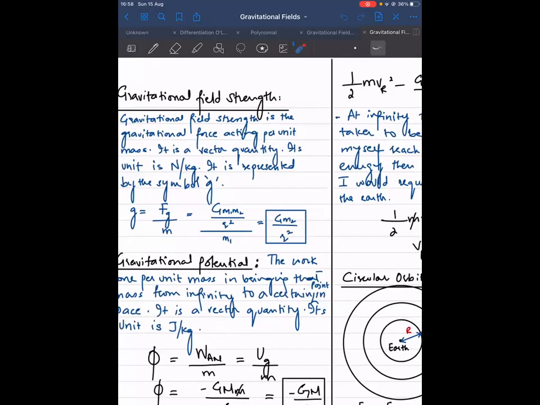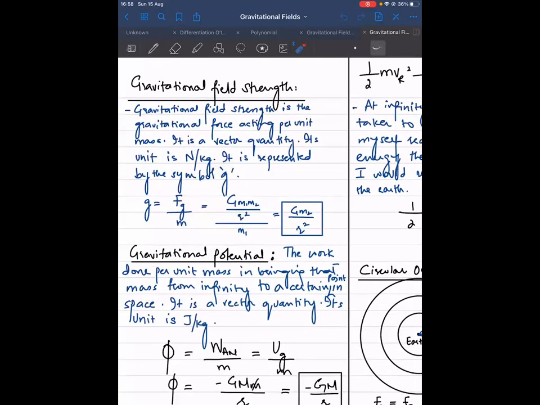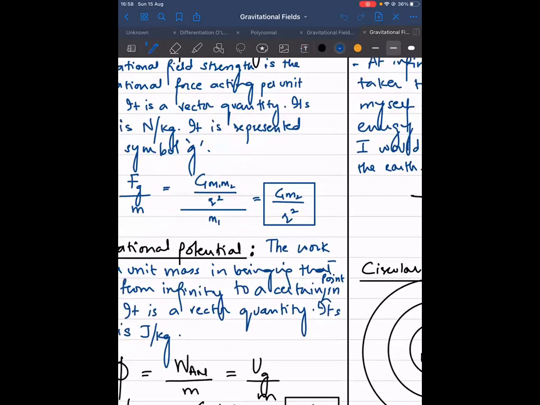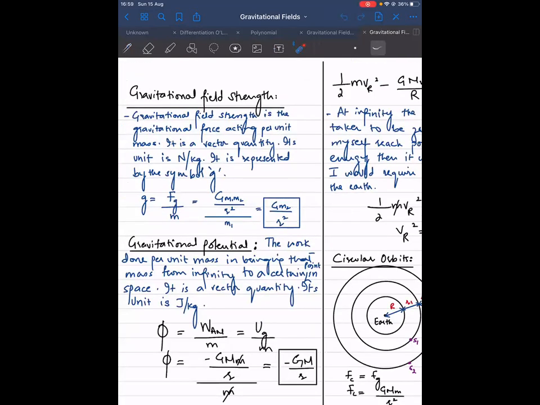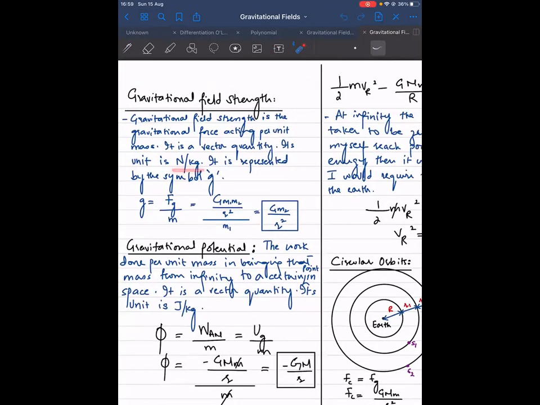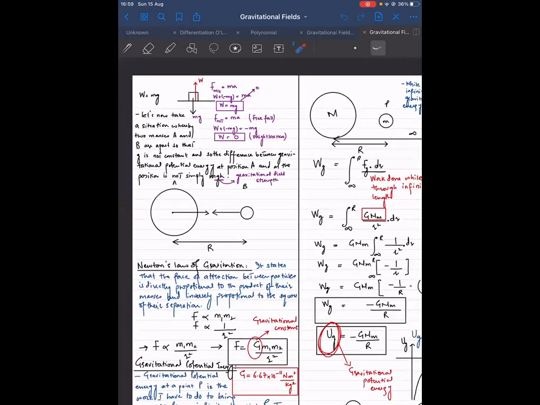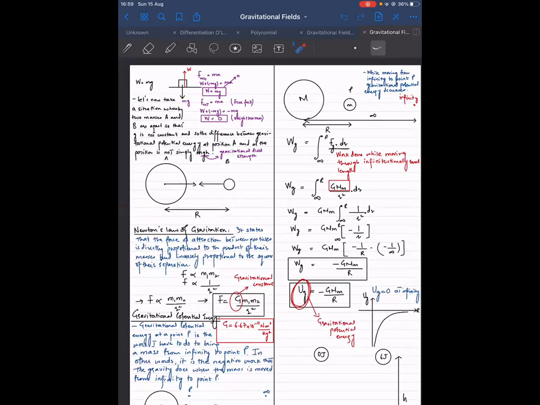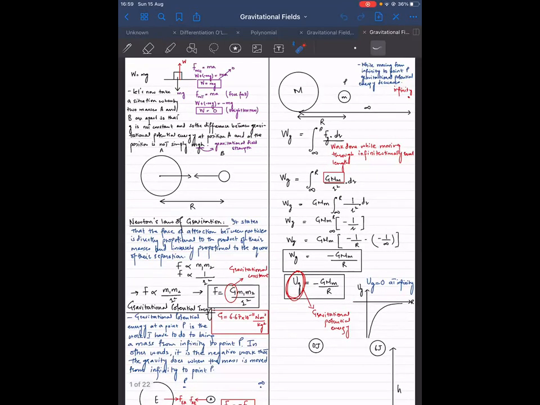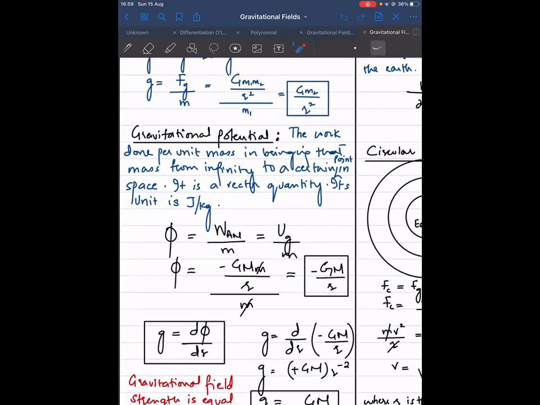Gravitational field strength is a vector quantity again, because you have Fg as your vector quantity. अच्छा, जो gravitational field strength है ना, that's again measured in newtons per kg. Gravitational force is measured in newton. All right. Gravitational potential energy is measured in joules, and gravitational potential is measured in joules per kilogram, and